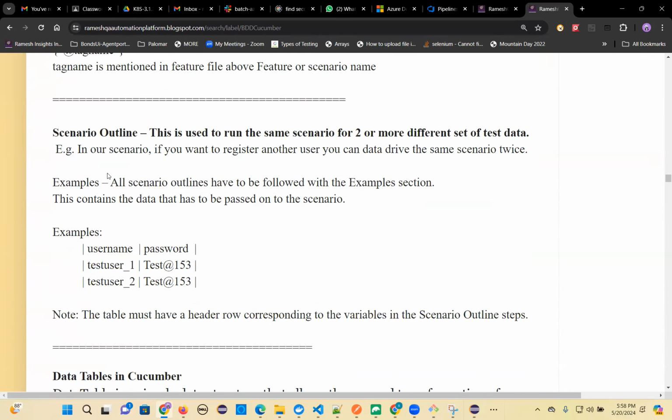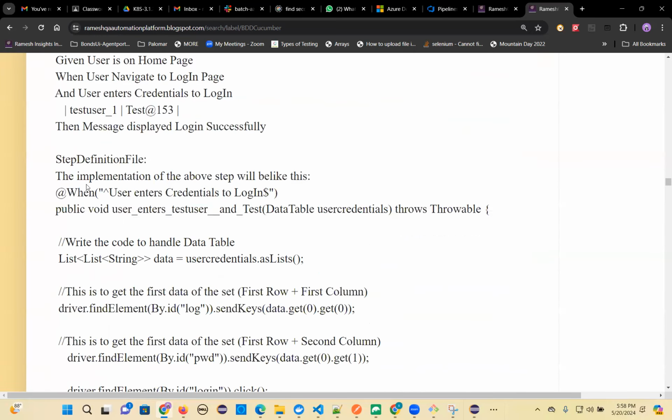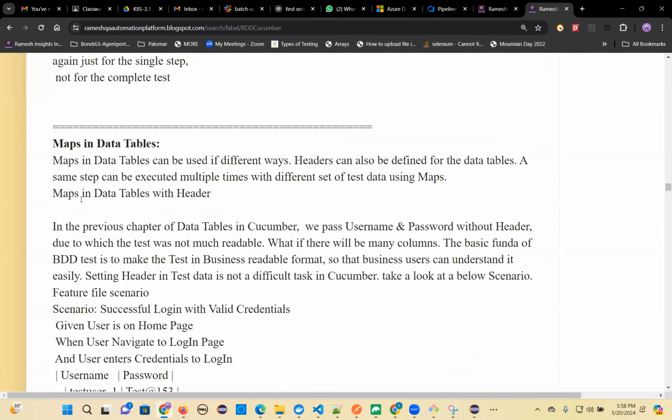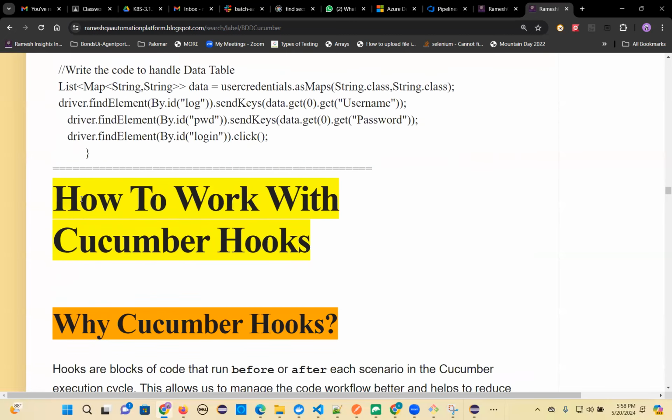So we already explained that. The data table concept, I'll explain that. Okay. So now